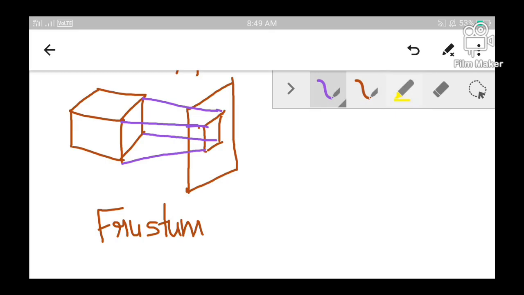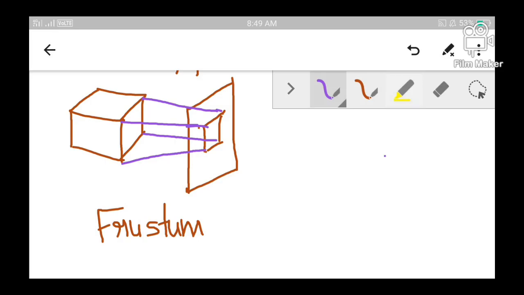What we observe is the shape of the view volume. What is the view volume? The view volume is the shape obtained by the area covered due to the projection lines. We have already drawn the projection lines, and these projection lines create the shape of an object.